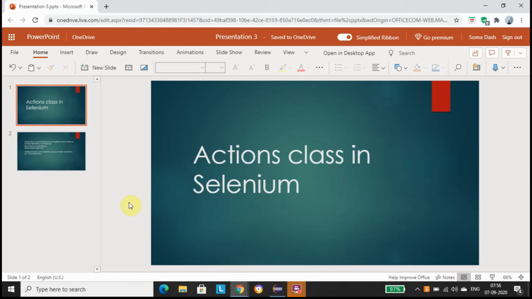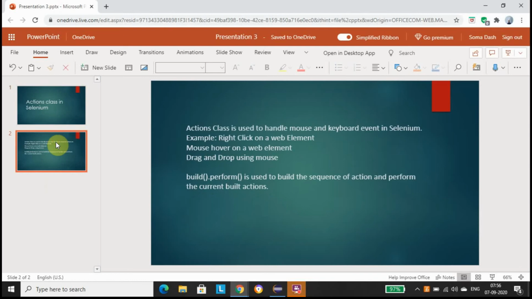Before starting our program, let's learn about the Actions class, what exactly it is and why we use it. The Actions class is a class provided by Selenium that is used to handle mouse and keyboard events. Examples are right clicking on a web element, or you might have seen menus, for example in Flipkart, where you have to hover over the menu and only then can you see the submenus.